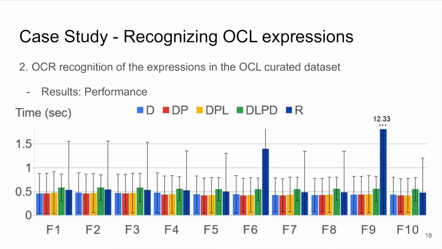Conversely, we can see that the repairing algorithm and the DPLD are the worst case scenario regarding performance, although they are also very similar to the baseline model. This is due to the DPLD model having to generate an OCR model for each expression that contains the domain name for that expression. Also, the repairing algorithm is a post-processing step that we built on top of the OCR recognition, so it could imply a performance impact. Fonts 6 and 9 are the cases where the algorithm performs the worst, but this is mostly due to its implementation.